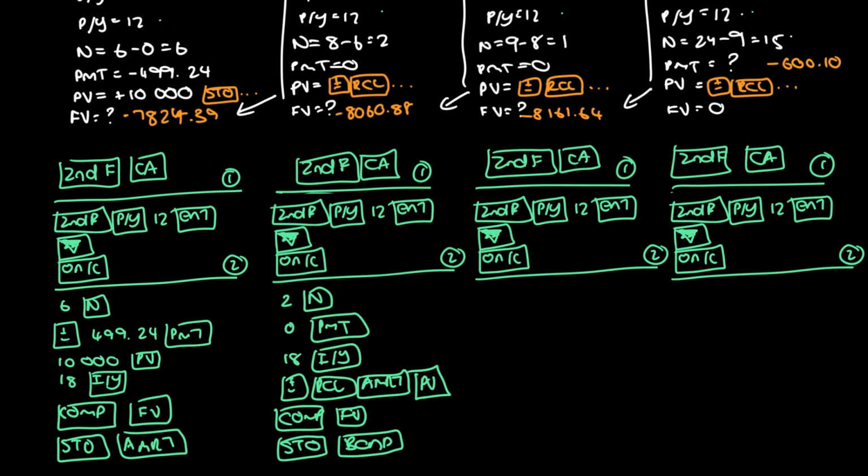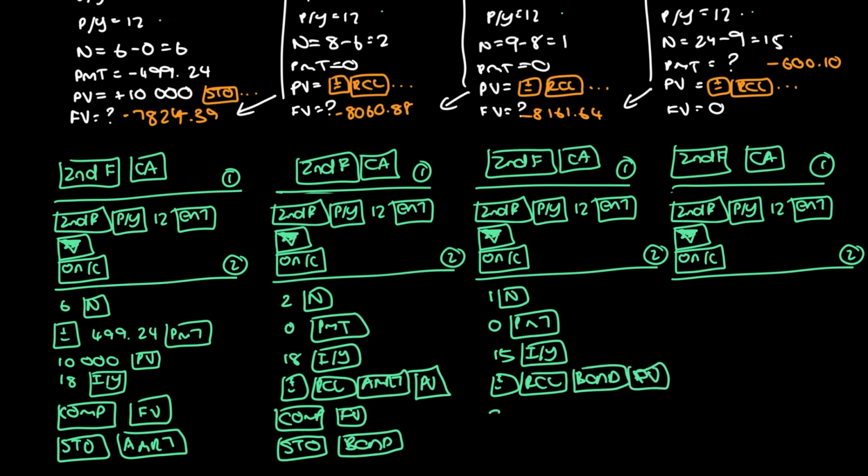Okay, and then the third one, it'll be 1N. It'll be also 0 PMT. And again, you don't have to put that one in if you cleared your information correctly. The default is 0 anyway. It's now going to be 15 IY. And it's going to be plus minus recall bond PV. And we're going to compute our future value. And we're going to store this under our C variable, which is the DEPR button